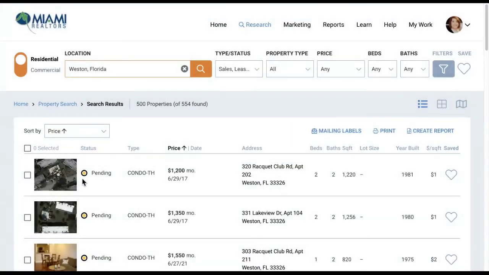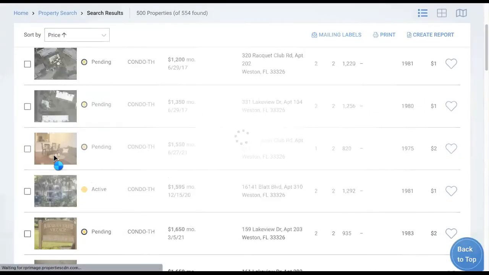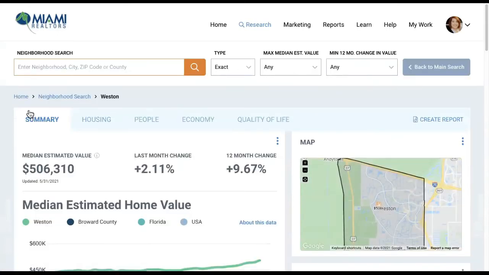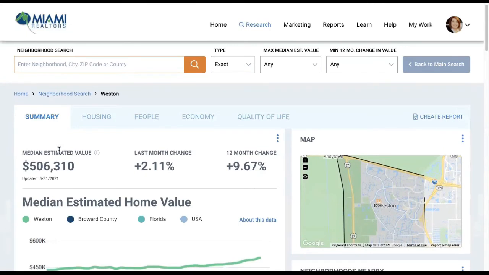It's limiting my results. Not worried about that. I'm going to click on any of these properties, and I'm going to click on neighborhood. Okay, I'm going to show you another way to get to it too. But once you get to neighborhood, you're going to have the summary of that neighborhood, estimated value, the change in